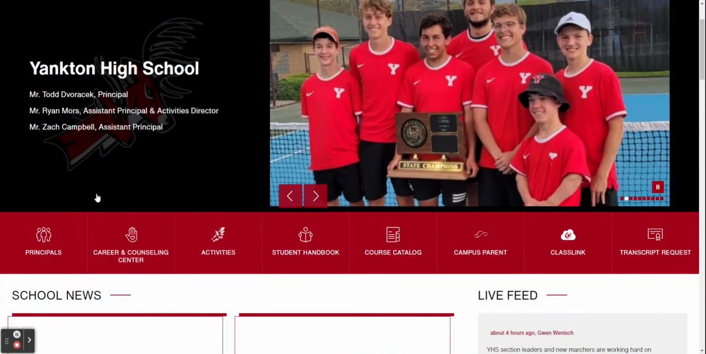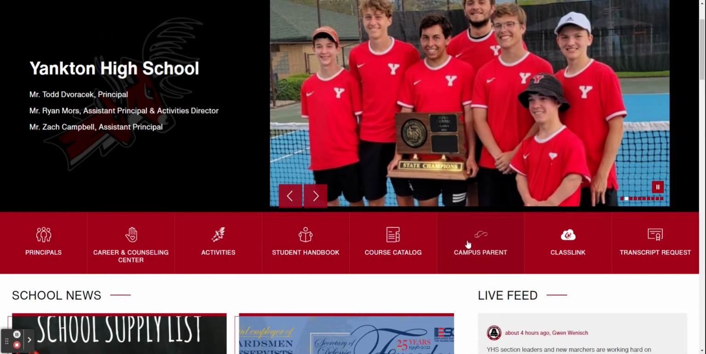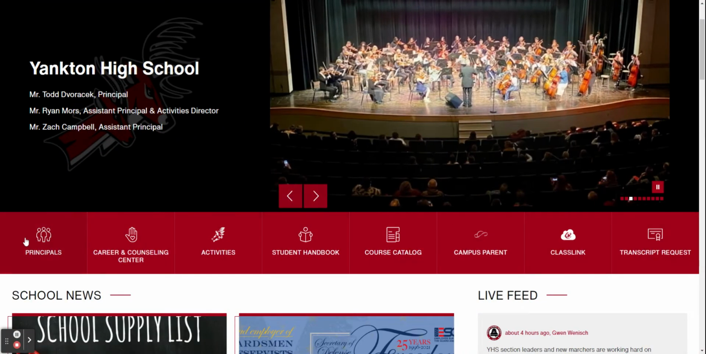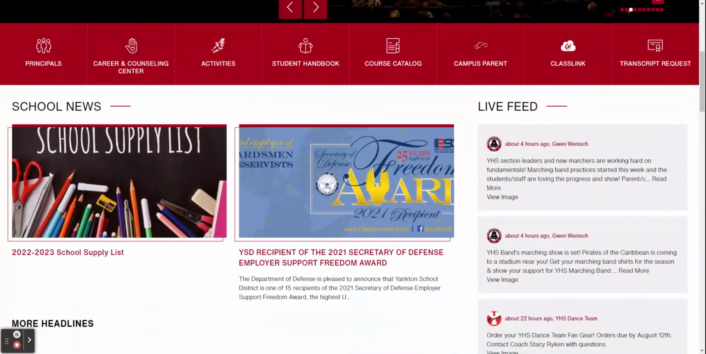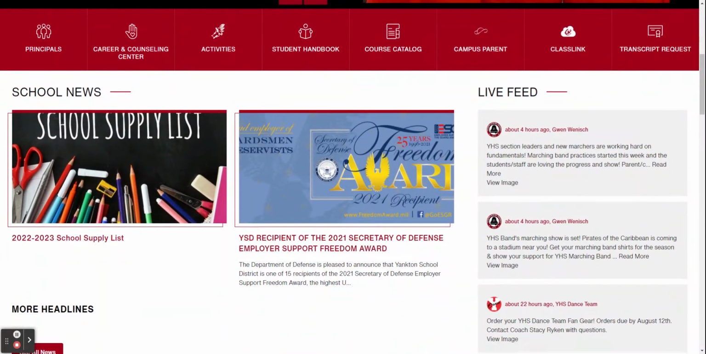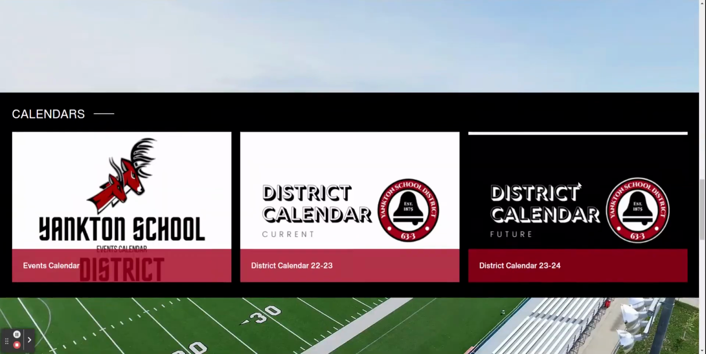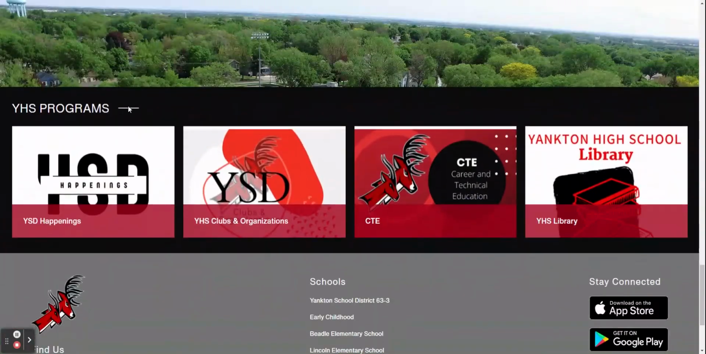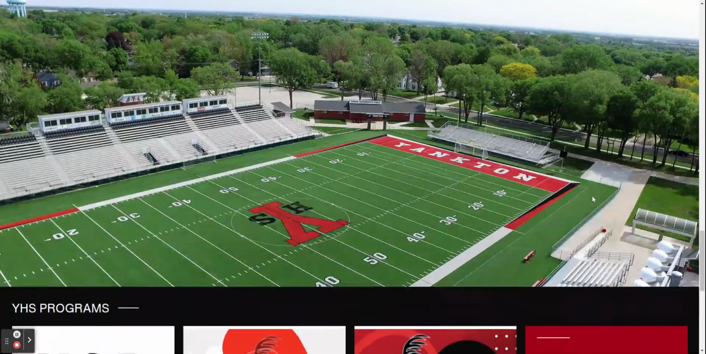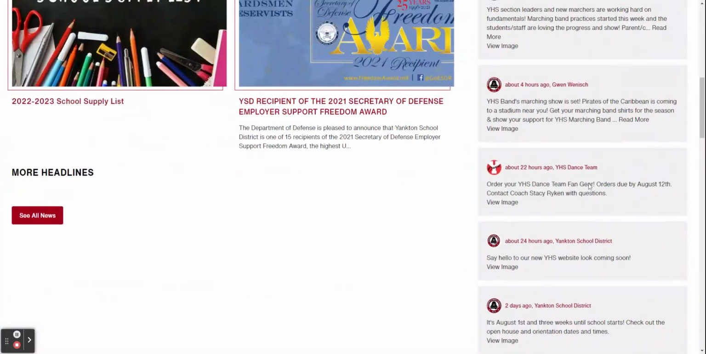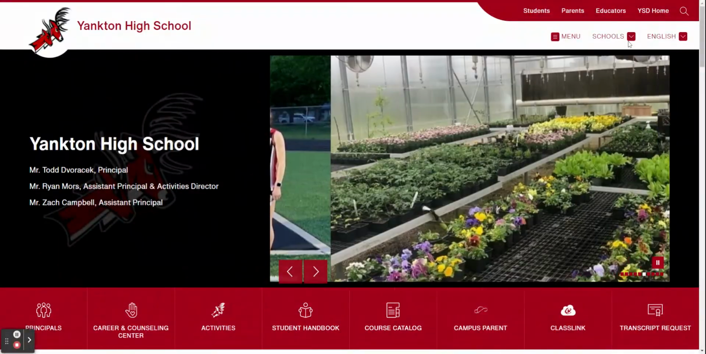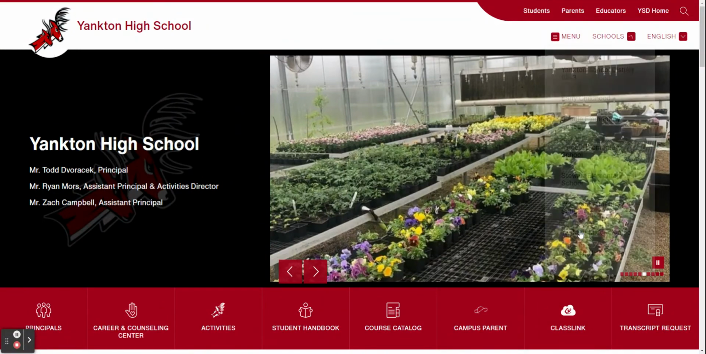In the button bar, you can find additional information as well as in the school news, the live feed, and at the bottom in the program section. This will be unique to each school. For example, if we were to click the middle school,